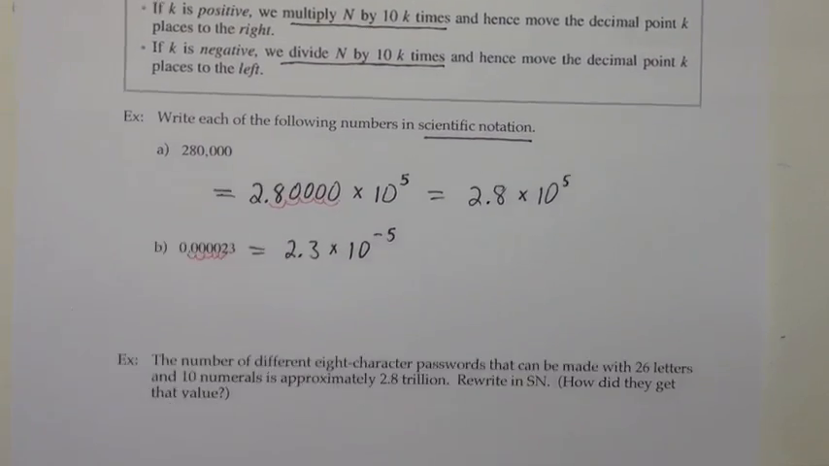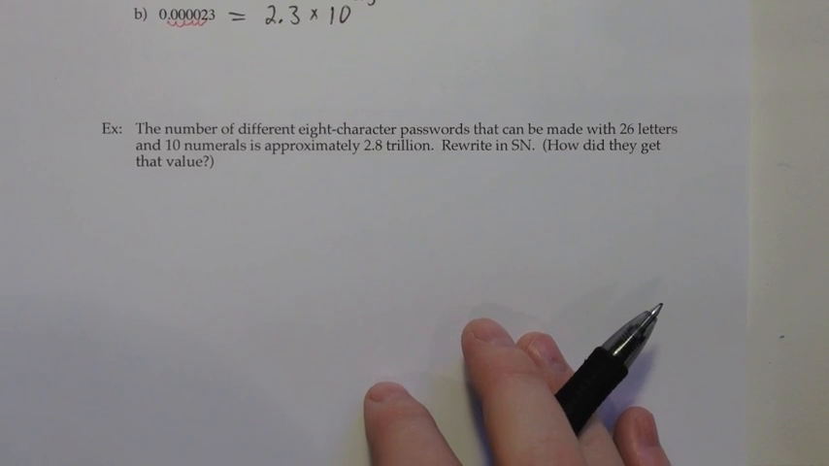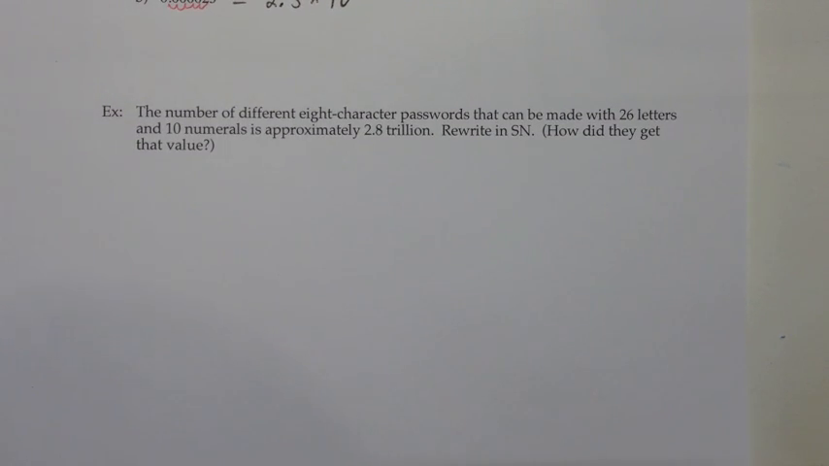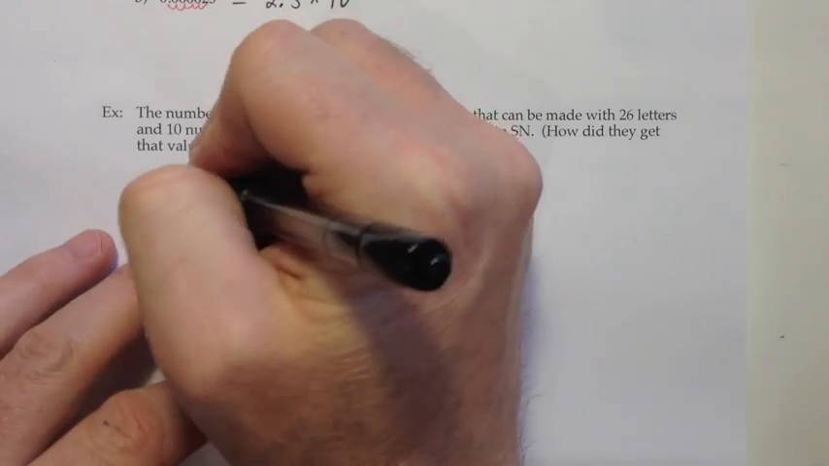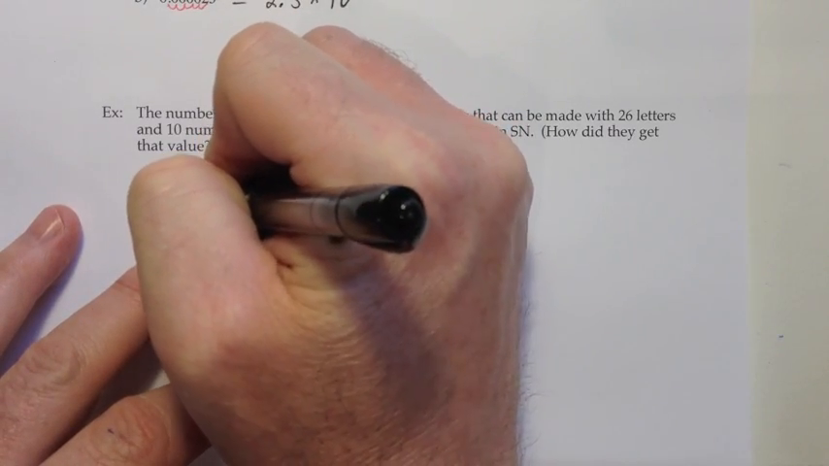Alright, let's go ahead and look at one final example. The number of different 8-character passwords that can be made from 26 letters and 10 numerals is approximately 2.8 trillion. Write that in scientific notation. So first let me just do the translation of the number, and then we'll deal with writing it in scientific notation. So 2.8 trillion is 2.8